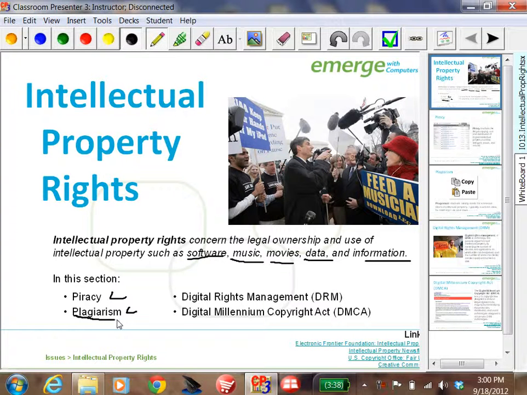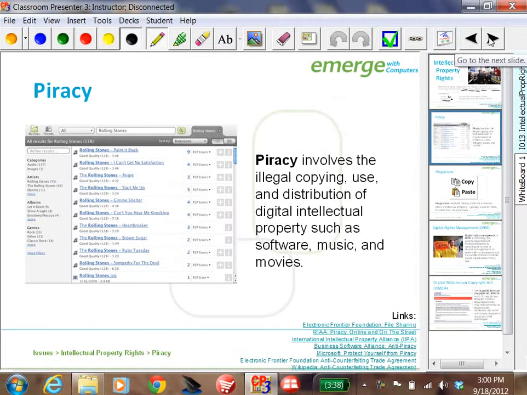What's plagiarism? Piracy and there's plagiarism. So piracy involves illegal copying, use, and distribution of intellectual property. This is like the people who leave the company. Actually, in the computer business, the way it's normally figured is this: you're working in this company doing software development. Now you leave the company,